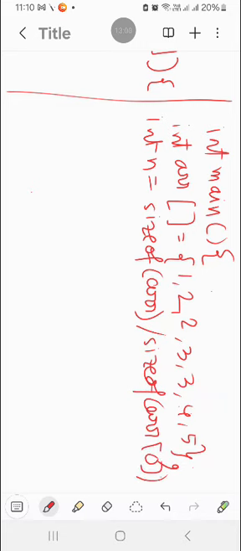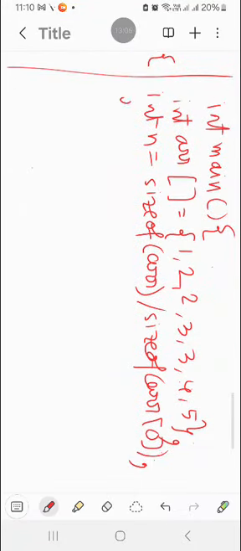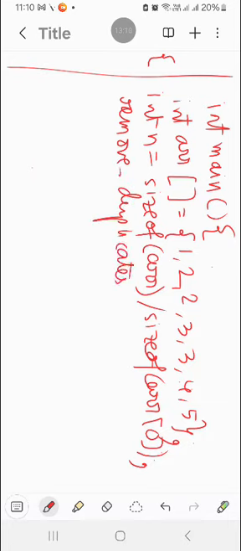And then I need to just call the function, right? So what is the name of the function? It is remove duplicates, so remove underscore duplicates, and inside that I will be passing the array and the length of the array, and finally I will be printing the duplicate element. Printf